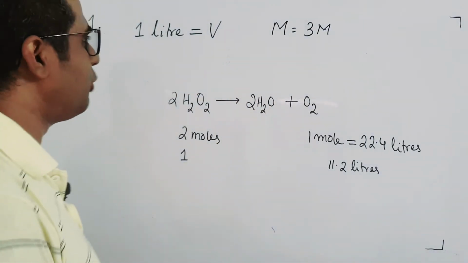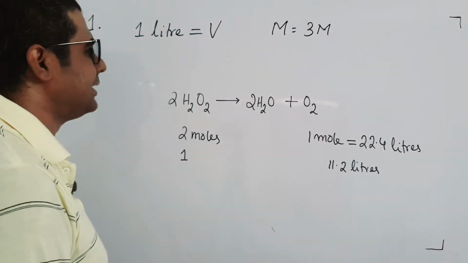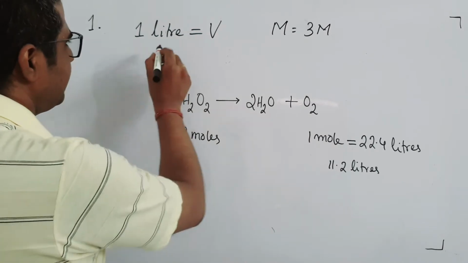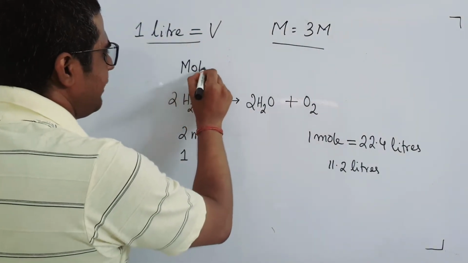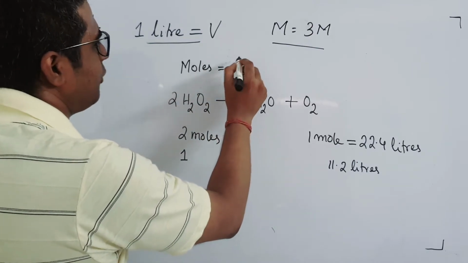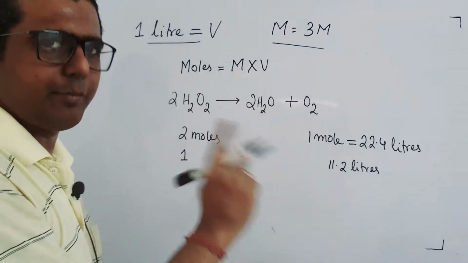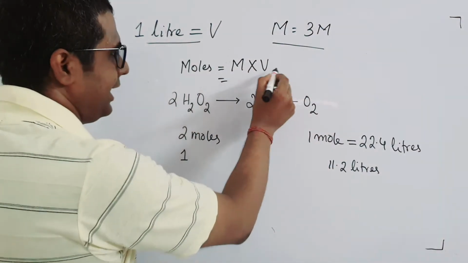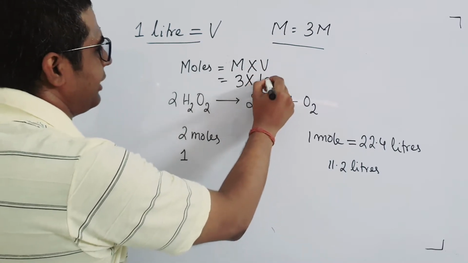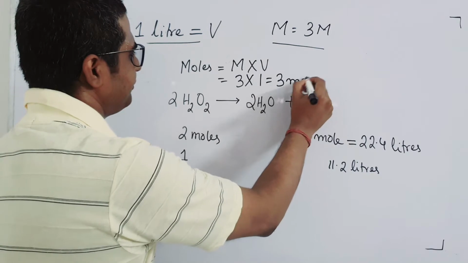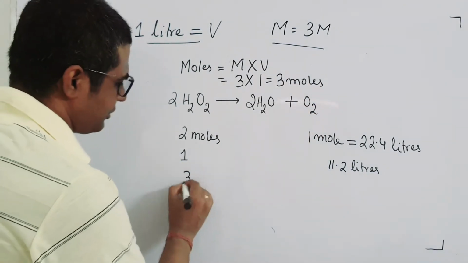Now how many moles do I have at this moment? I didn't calculate the moles, right? So in these cases I need to calculate the moles given here. So from volume and molarity, can I calculate moles? Definitely I can, because moles is equal to what? Molarity into volume in liters. So molarity here is 3 and volume is 1. So this is 3 moles. Simple. Okay, clear?